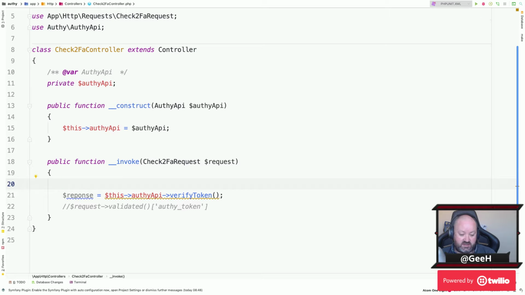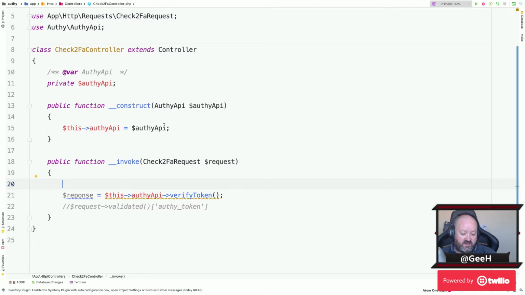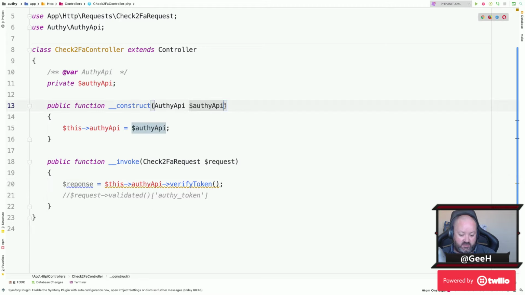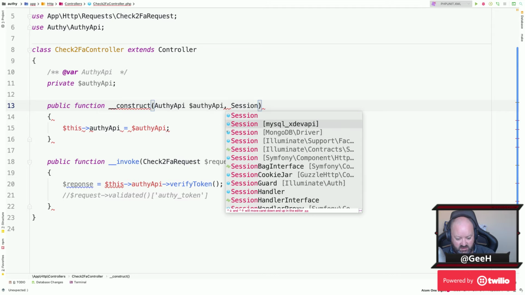So we've got to get the user's details out of the session, because they've typed their username and password in. We've dumped that in the session while we handle 2FA. So we need to get that back out and pull the user from the database to say, oh, this is the user, and then pass that Authy ID into this verify token. So this is another point where I really want to start using dependency injection rather than magic global stuff. So I think we can ask for the session manager